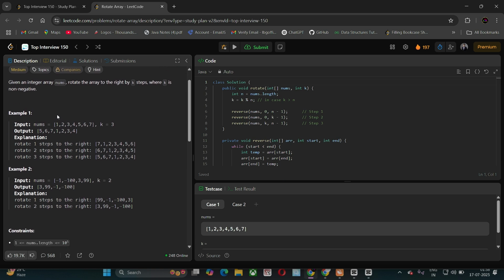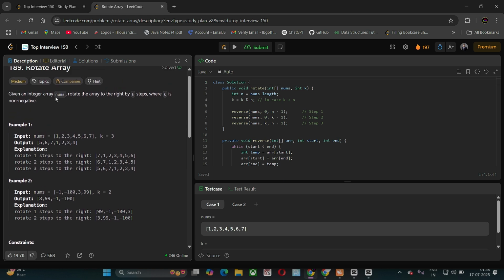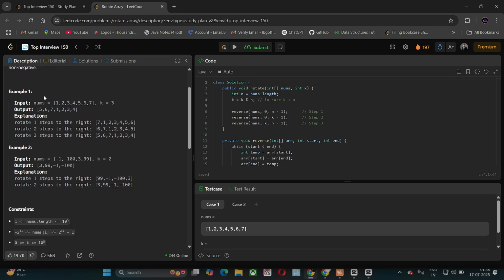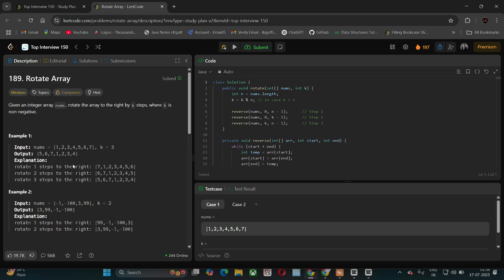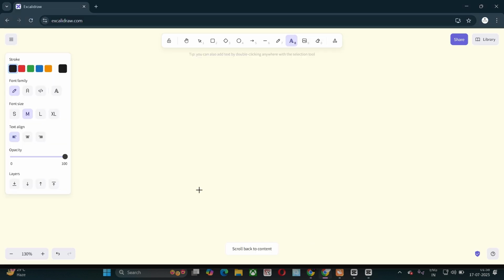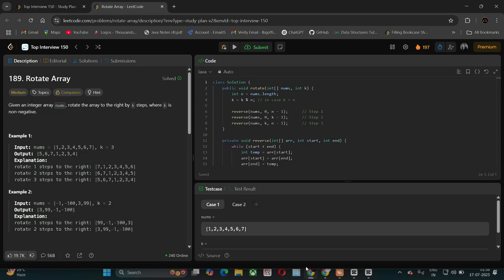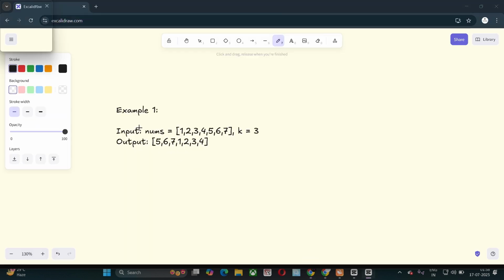Given an integer array nums, rotate the array to the right by k steps, where k is non-negative. Here it gives some examples. In example 1, the input is nums 1 2 3 4 5 6 7 and k equals 3, and the output is 5 6 7 1 2 3 4.